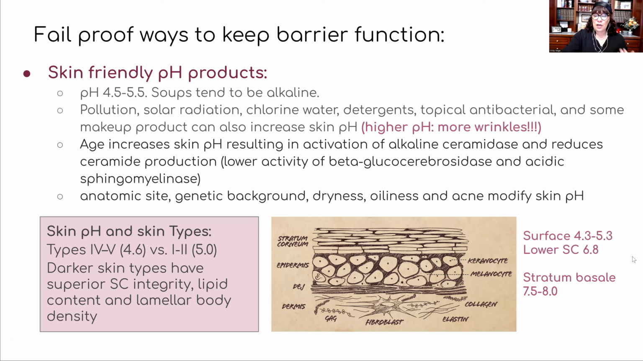So to me, a skin-friendly product is defined as something that has a skin-friendly pH, so between 4.5 and 5.5. The other thing that is important is to consider that pollution, solar radiation, chlorine water, detergent, topical antibacterials, and some makeup products can also increase the skin pH. And higher pH means more wrinkles, basically. It has been shown that. So be aware of that. Use your sunscreen and try to protect your skin, minimizing the exposure of your skin to these harmful